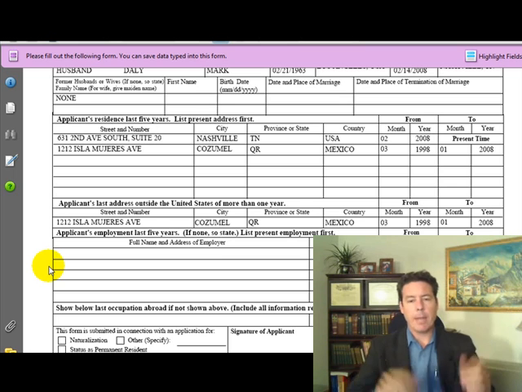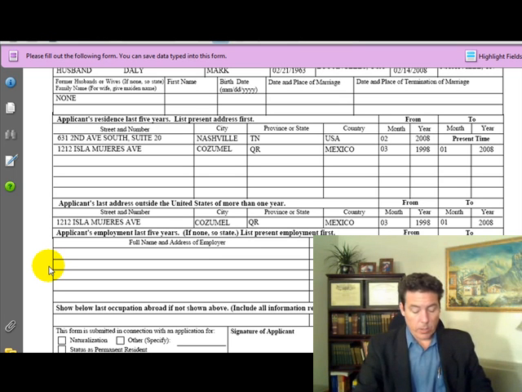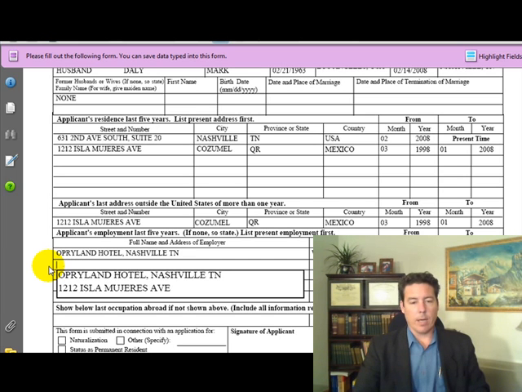So full name and address of employer. Okay, so let's say that she was working illegally. So she was working for the Opryland Hotel, but they didn't know it. Opryland Hotel in Nashville, Tennessee, and she was working as a waitress from 2008, and she's still working there. And then before that, if she was a student, you could put student down there, or if she was at home, I would just put at home